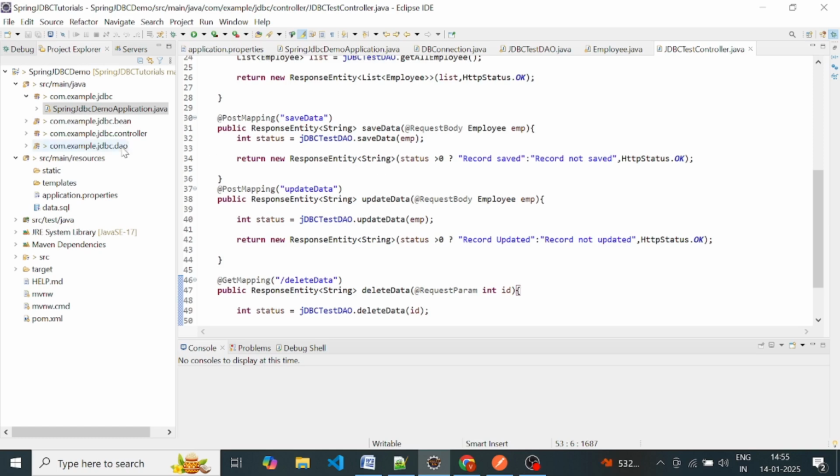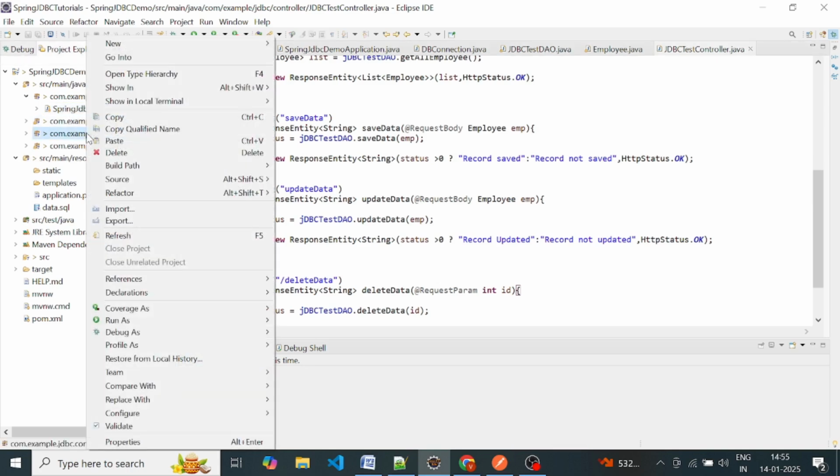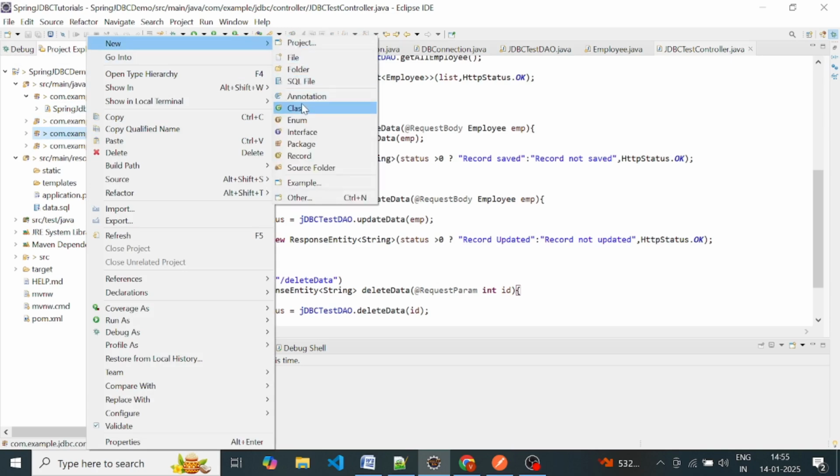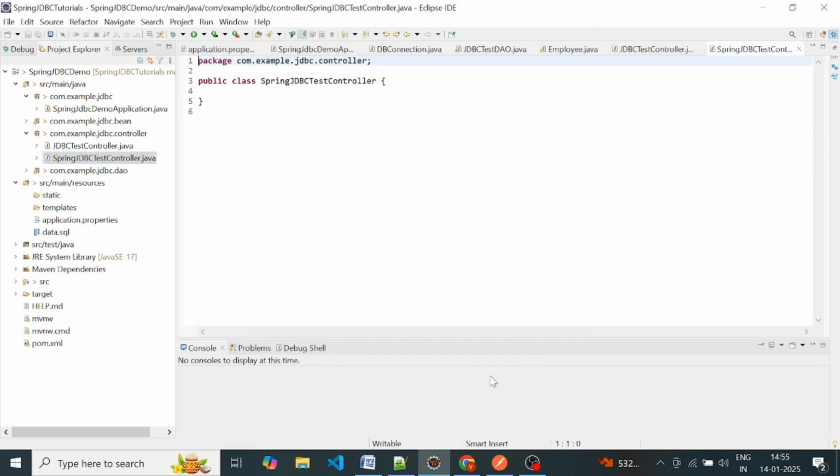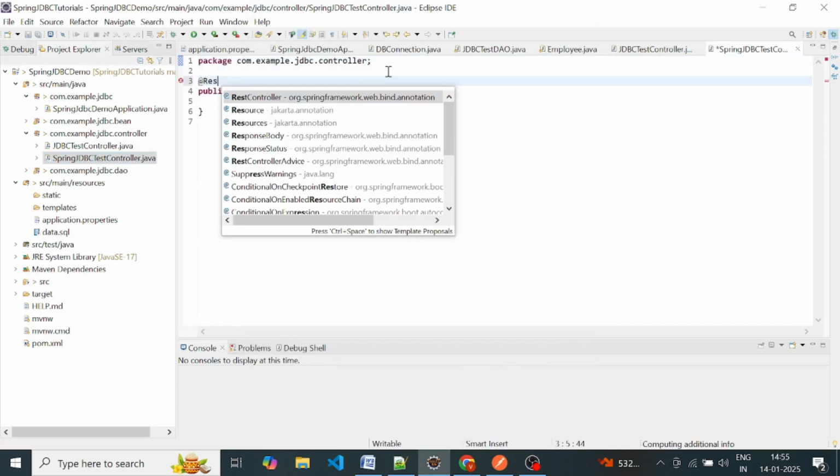So quickly create a new controller. This is the controller package, and create a new class. The class name is SpringJdbcTestController. So this is the new controller class. Annotate it with @RestController